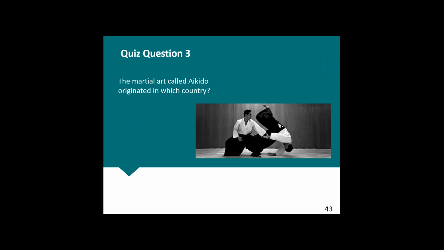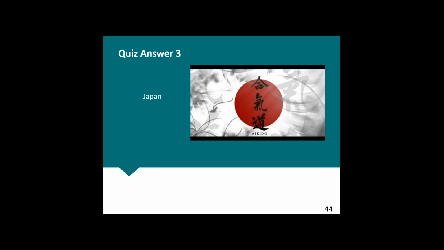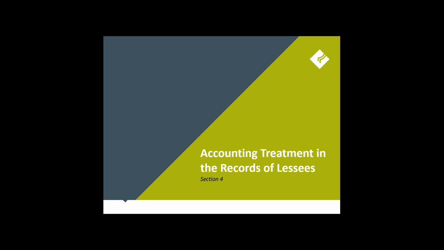Another quiz question. So the martial art called, I can't pronounce it, Aikido originated in which country? Any ideas? At least I could guess this one, right? Yes, most of you have it right already. I can see it. Good guess. Really good. Well done. That was my guess as well. I thought martial arts, it can only be one place. It has to be Japan. I haven't heard of this specific martial art before. So I reckon I should look for a YouTube video to see what it looks like and how it works.